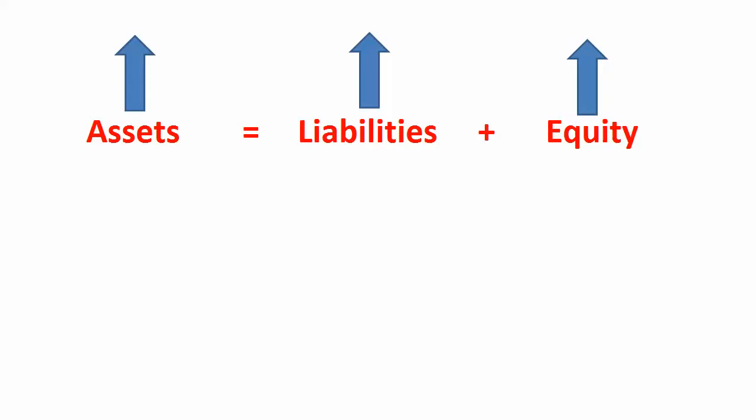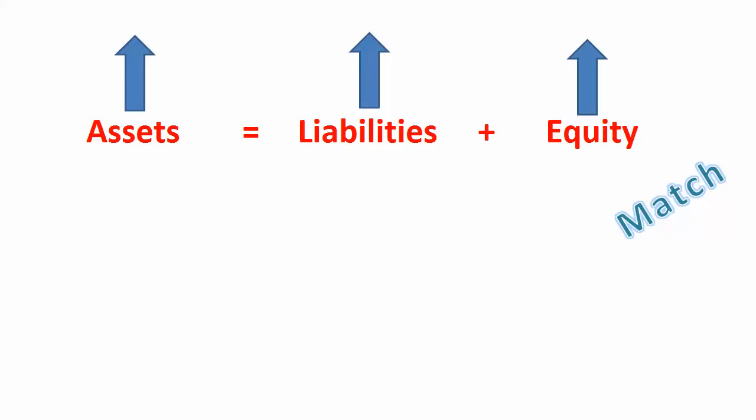But in making this decision, one thing that managers typically want to do is attempt to match the maturity of our new assets with the maturity of our liabilities and equity. When we acquire assets, we do so with the anticipation they're going to generate cash flows in the future. And if those cash flows are going to occur over a short-term time horizon, we'll typically want to finance those assets with short-term liabilities. And if they're going to be longer-term cash flows, we'll want to finance those with longer-term